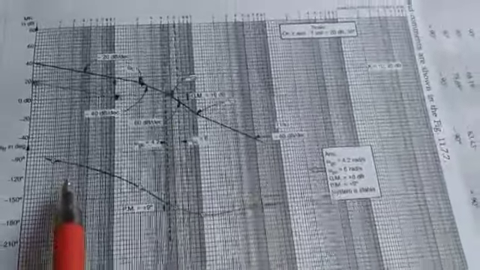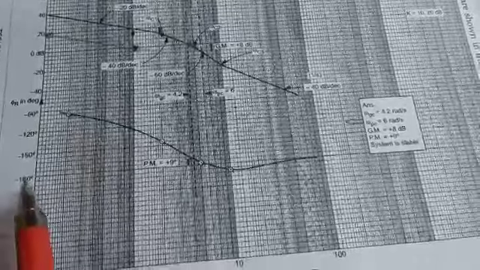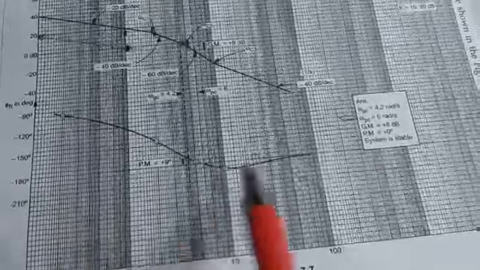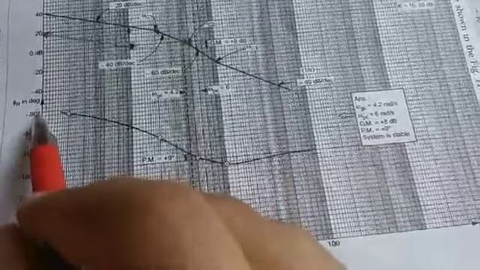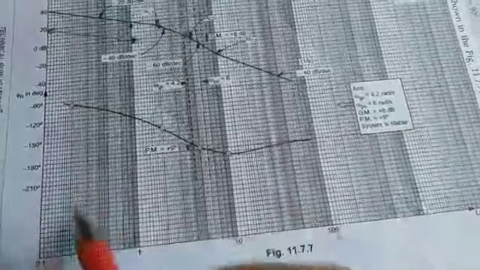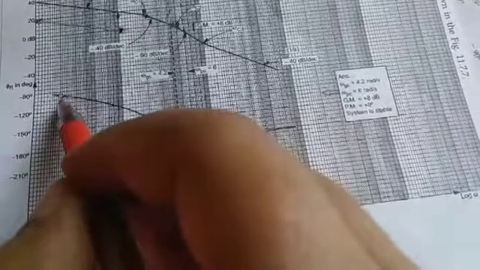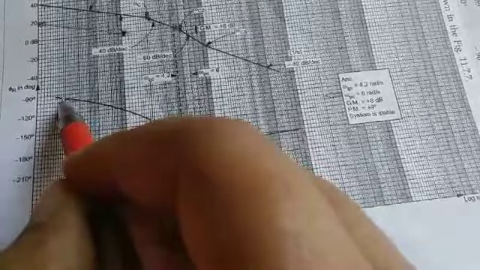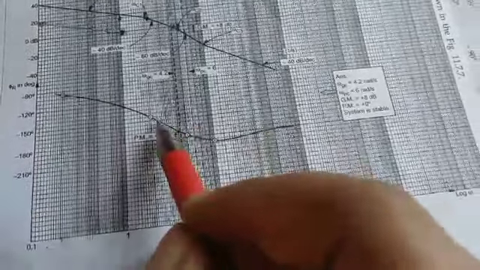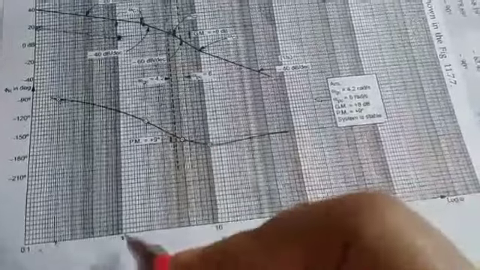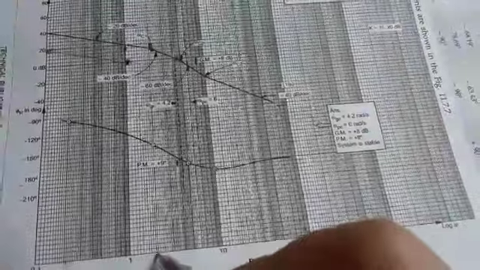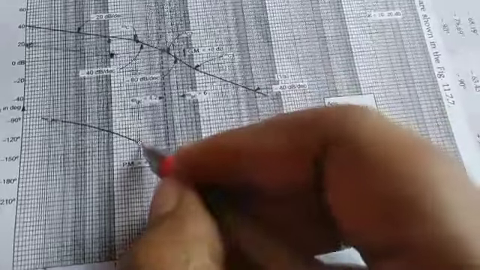Mention this one. Next, the phase angle. This is minus 210, minus 180 should be a dark line, minus 150, minus 120, minus 90. At 0.2, you will get minus 96.85, mark this point. Go on marking the angles. Next for omega equal to 2, you will get minus